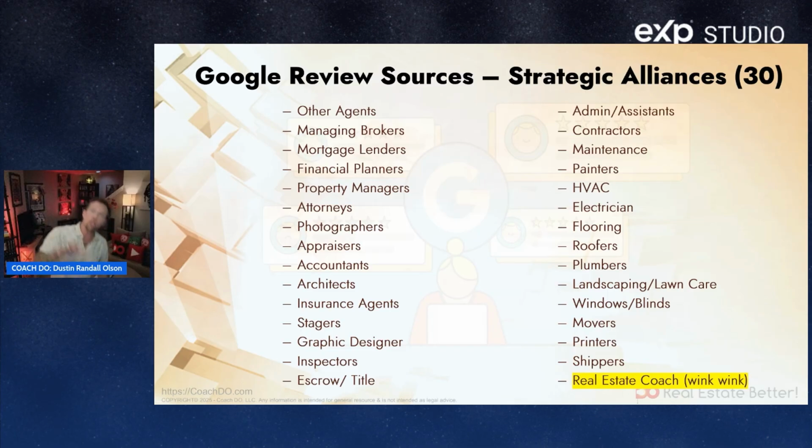When you do close deals, one of the things I want you guys to remember is you got to get a review from both sides of the transaction. Both. So it's like not both sides, but both people on the transaction, all the decision makers. Because usually it's husband, wife, or at least two people. If it's just a single person, fine, you get one review. But we usually get one from the husband or the wife or whatever that the dynamic is these days, and boom, then we quit. Get it from both people. You're missing out on a whole bunch of reviews that's going to boost you up there